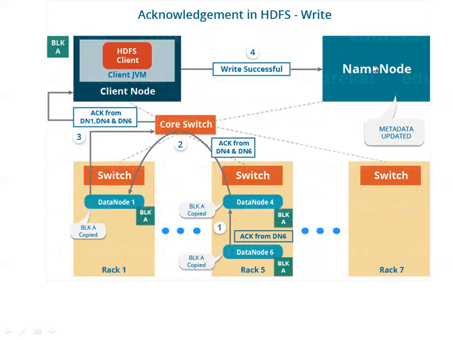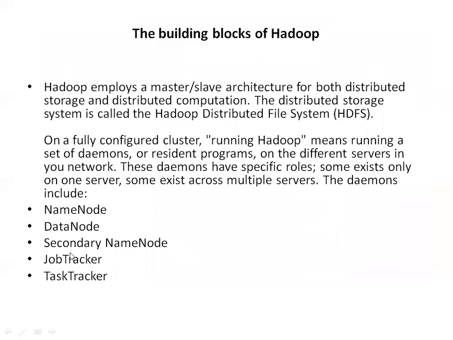So what the name node is maintaining, I will tell you in detail. The name node consists of the job tracker, which is the program running behind. In detail we will learn what information is stored, what the file system image is, and what the edit logs are. All that I will be telling you in the next class. So these building blocks, these 3 components, I'll discuss in the next class: the secondary node, job tracker, and task tracker.